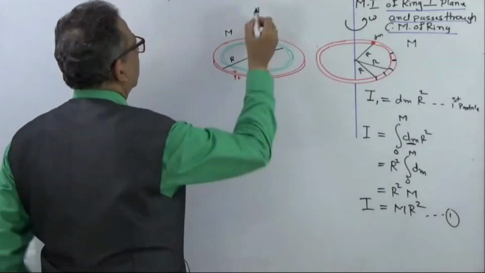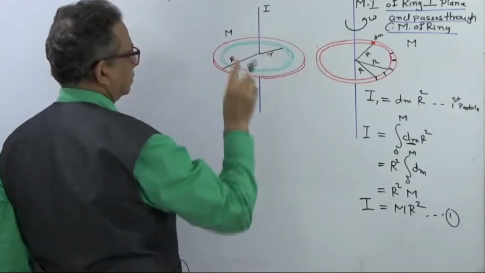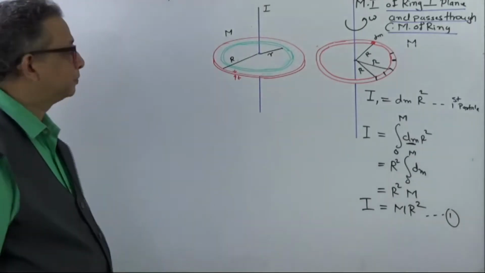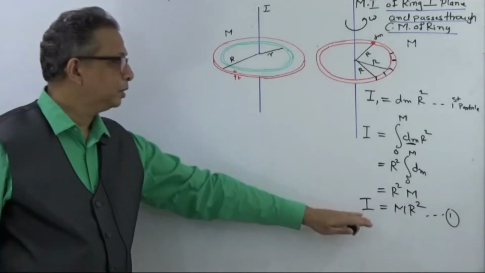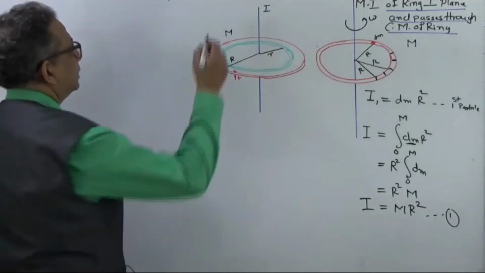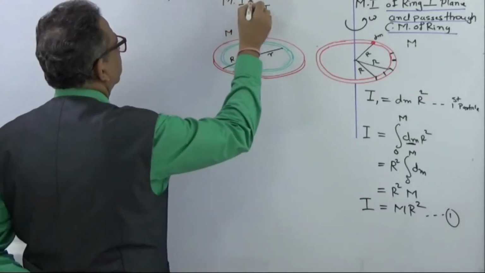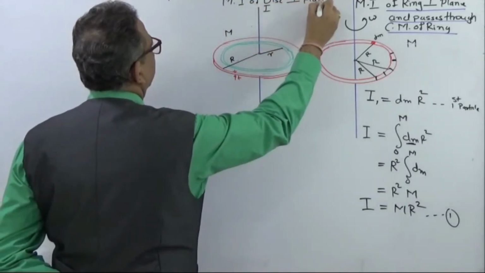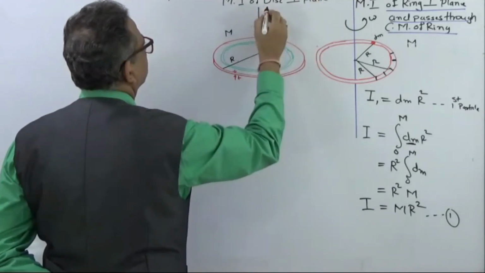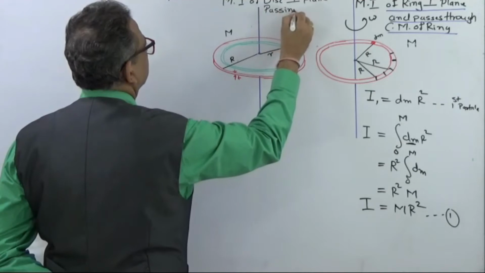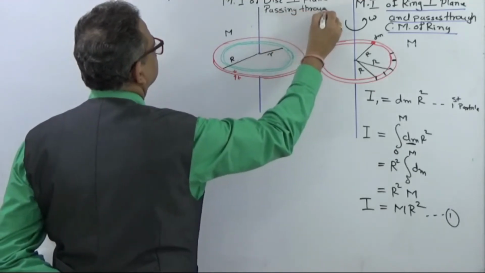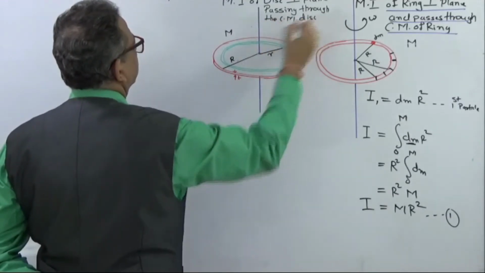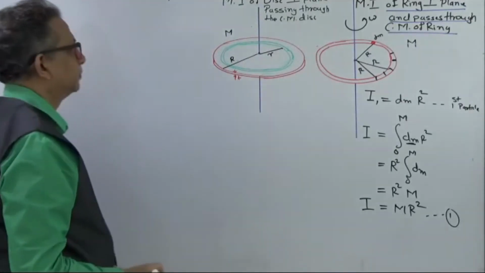Here let this be the moment of inertia of the whole disk. That is what we have to find out, and we do not know the moment of inertia of a disk, but we know the moment of inertia of a ring. It is equal to I = mr². Here we are finding the moment of inertia of a disk, perpendicular to the plane again and passing through the center of mass of that disk.